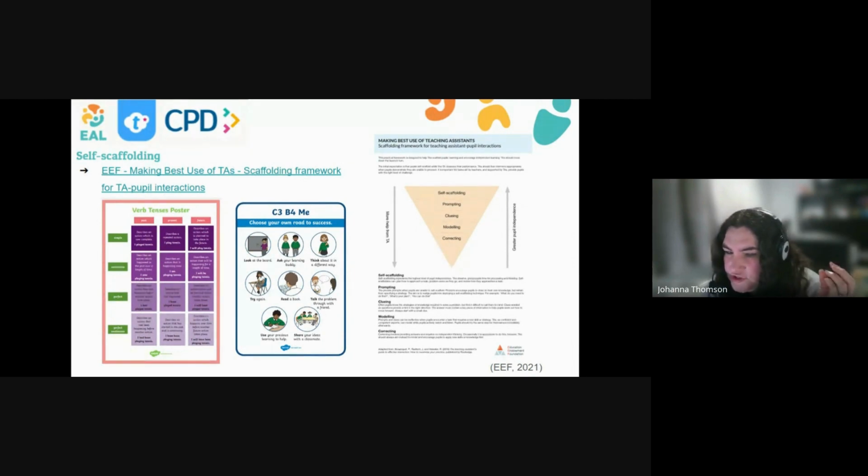Oh, what do you think you need to do? What could you do here? What does it say? Whereas if you go to the other end of the triangle, the first thing that often